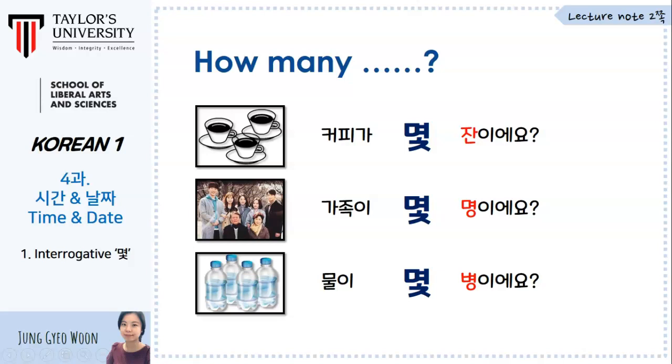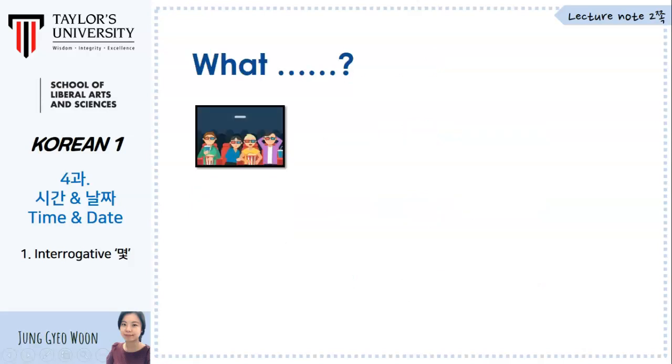This interrogative 몇 can be translated into English in 2 different meanings. The first one can be how many, and the other one is what number. For example, I'm watching a movie. Movie in Korean, 영화. And I want to ask what time the movie is. 영화가 what time? 몇 시예요? 영화가 몇 시예요? Here this 몇 is not for counting things, but to ask what number, what time.